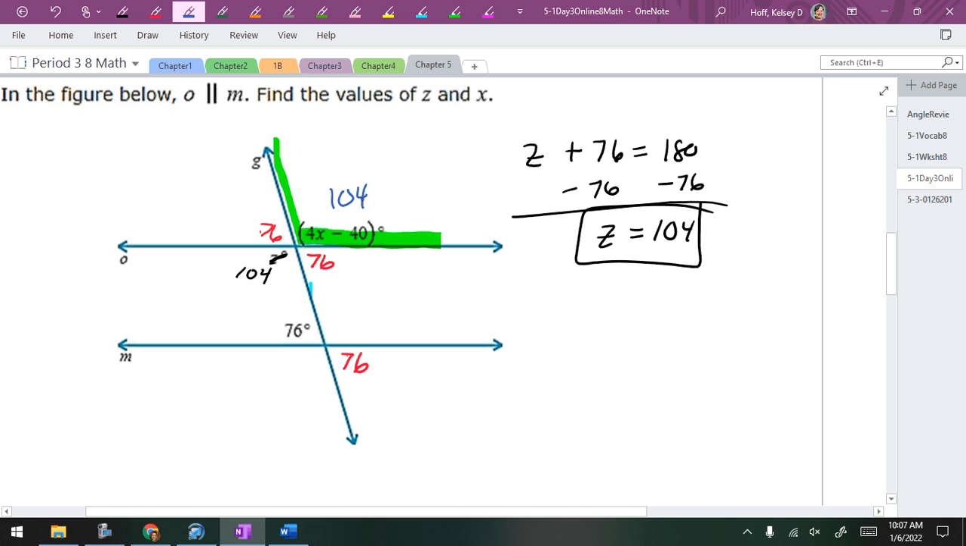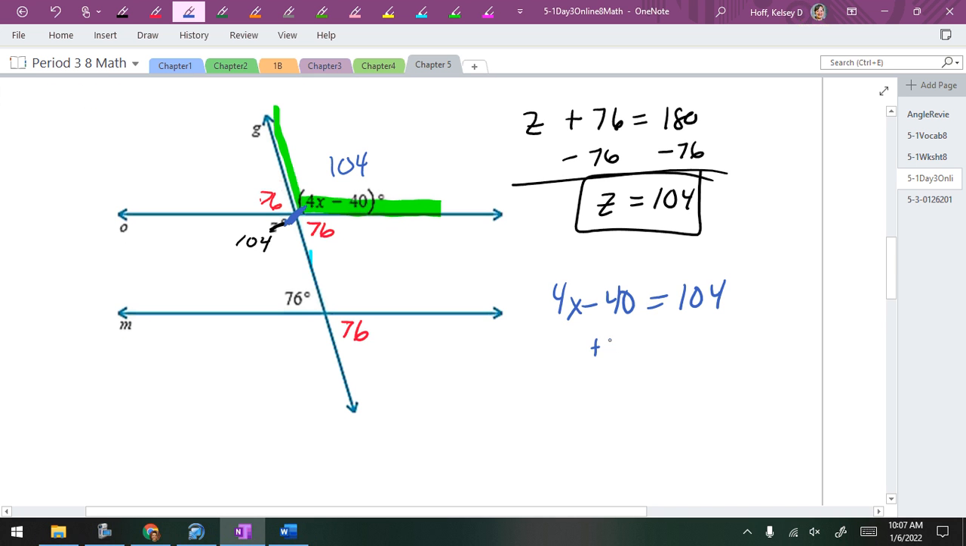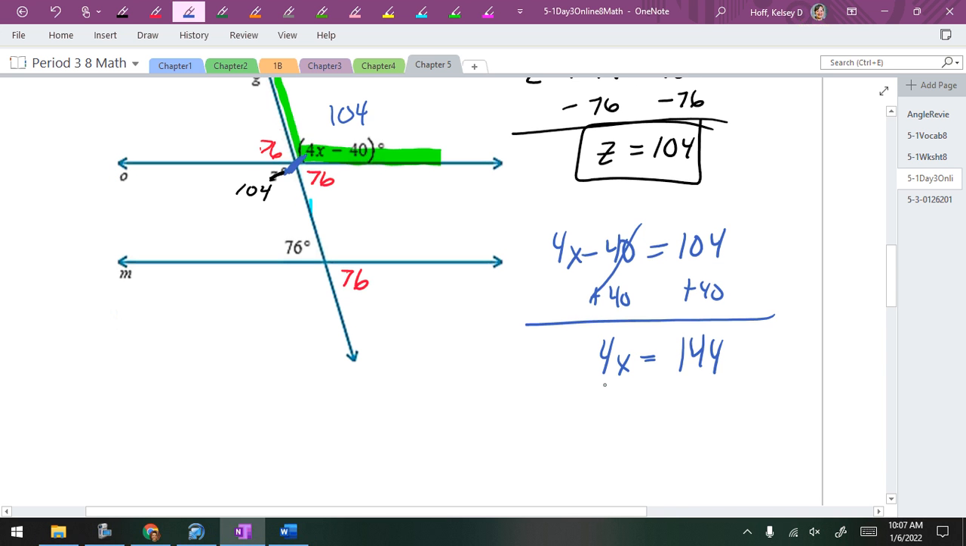What angle relationship allows me to put that 104? That vertical right here, yes? So that means these two are equal. So 4x minus 40 equals 104. Now we solve this just like we did in chapter 2, any algebra equation. First thing I'm going to do, add 40 to both sides. 4x equals 144. Then I divide by 4, x equals